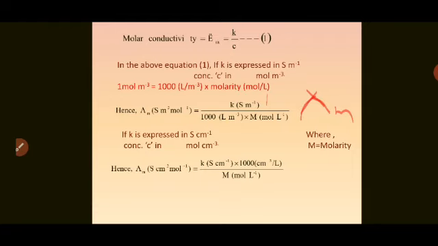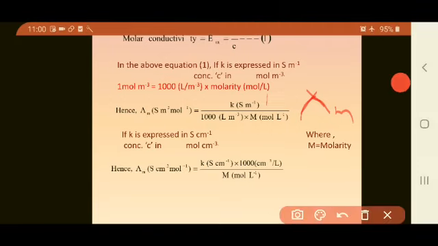So lambda m is equal to K by C, considering this as equation number 1. In the above equation, if K, that is specific conductivity, is expressed in Siemens per meter and concentration is expressed in mole per meter cube, then, as we know, 1 mole per meter cube is equal to 1000 liter per meter cube into molarity, that is mole per liter. Hence lambda m can be given as,